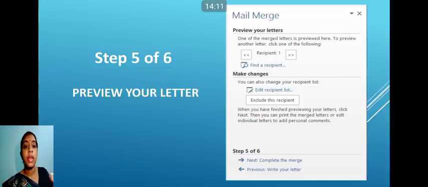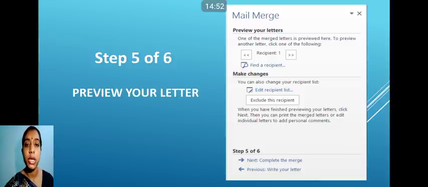This was all the fourth step. Now in the fifth step, we preview your letter. We will see how the fields we have entered in our letter are being displayed. When you click on this, on your left side pane it will be clearly displayed. Now you can see in this window recipient 1. How many records have we created? We have created 4 records in our list. You have seen that list.